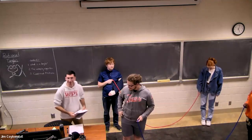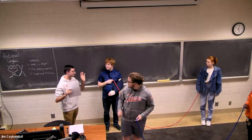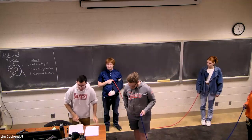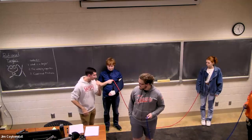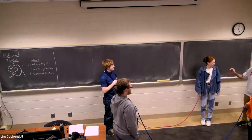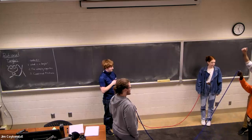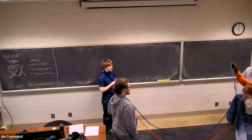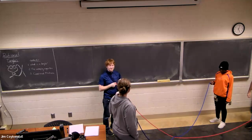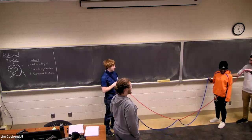All right. So the first thing that we should do here is talk about how to make a tangle. And the first tangling move is called the twist. So to do the twist, the people who are standing in this position will do the twist. It starts like this. The person who's in this front corner is going to raise their right arm. Then the back corner is going to go underneath, and we'll swap places, and that is the twist. Okay, let's have another twist. So we raise and